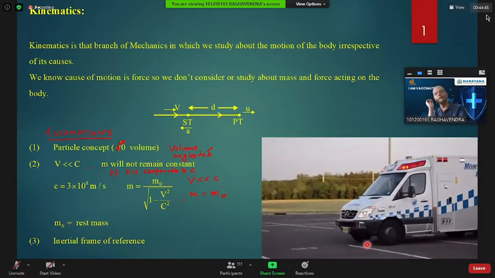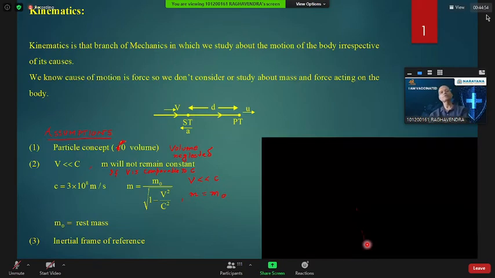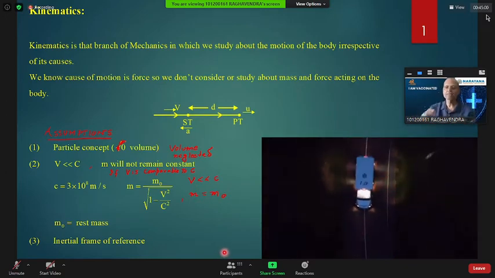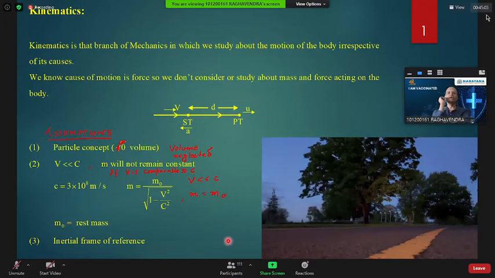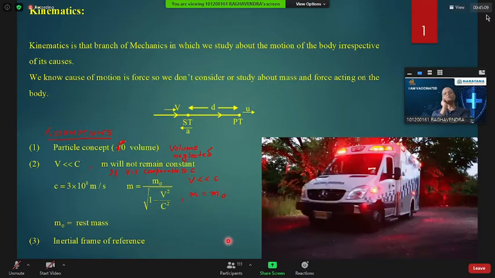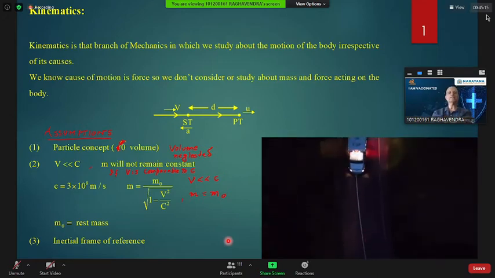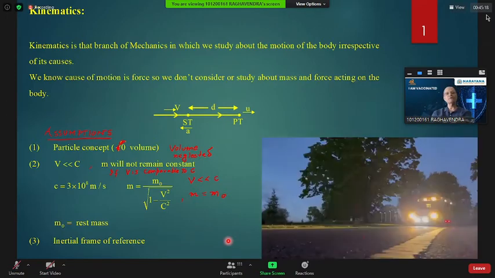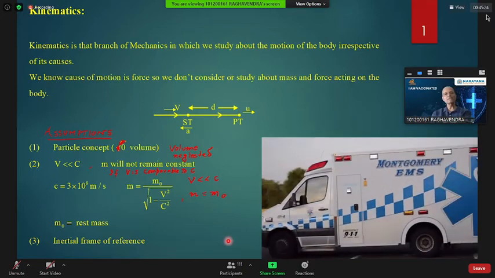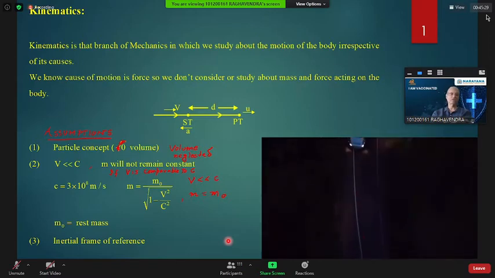Because we will be learning projectile motion and circular motion in great detail, there I will show the videos of that. If you want, I can show you now also, but at present it is already in PPT mode. So in projectile motion, I'll be showing you videos of all projectiles. Projectile motion or circular motion is motion in two dimensions, meaning you need X and Y coordinates. You will have a frame of reference having an x-axis and y-axis. For one-dimensional motion, you need only one axis. You can take it as x or y or z.